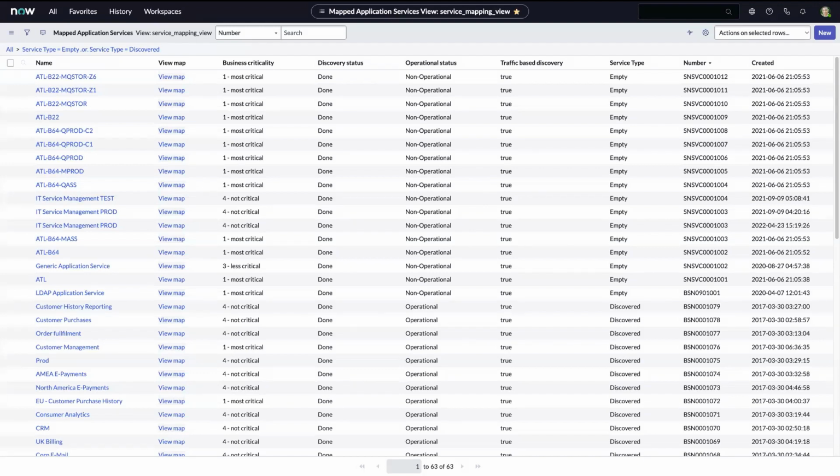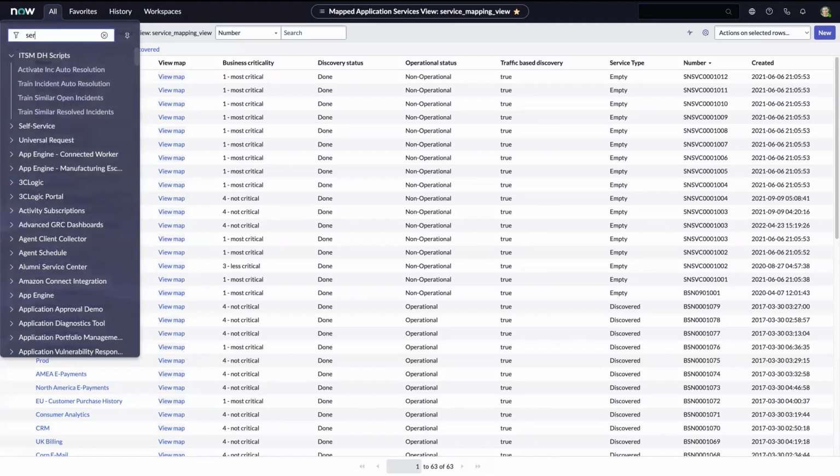All right. So again, our first step was to map out our top-down discovery. In our instance here, we are within our map application services, actually on our second step right now. So we're really assuming that step one is already completed. We configured our MID server, we ran horizontal discovery, and our CMDB is fully populated with our CIs. So right now we're starting on our second step, and how I got here